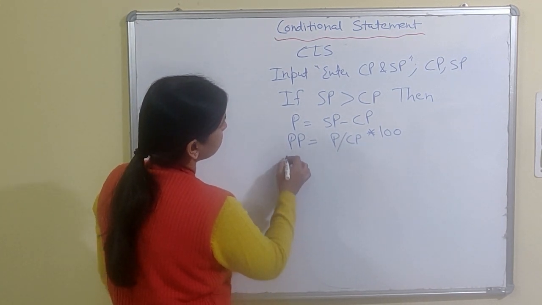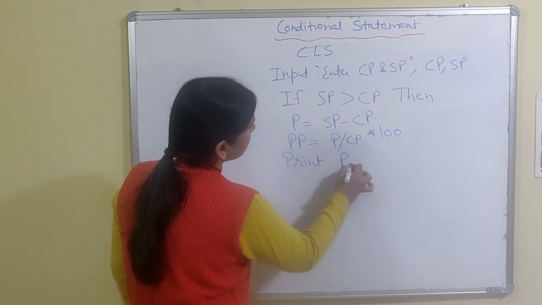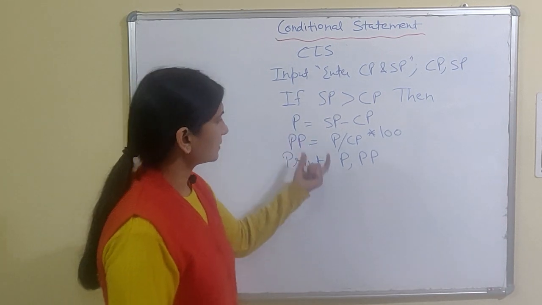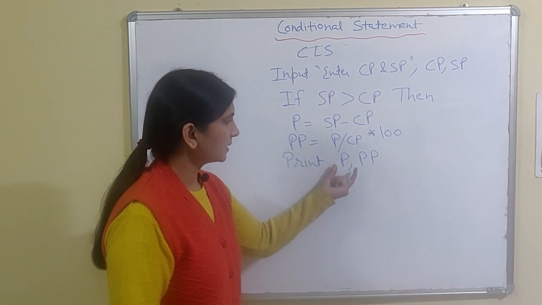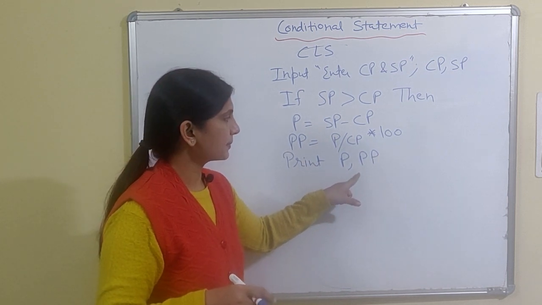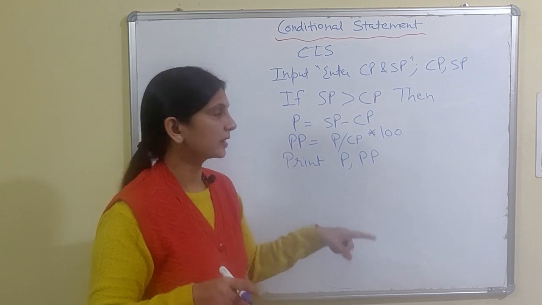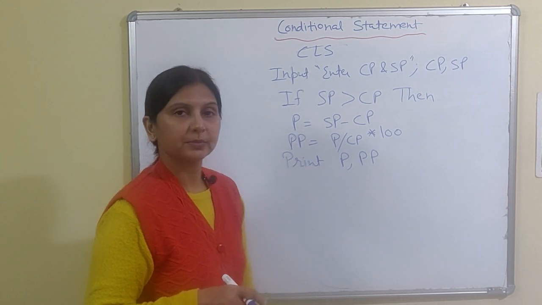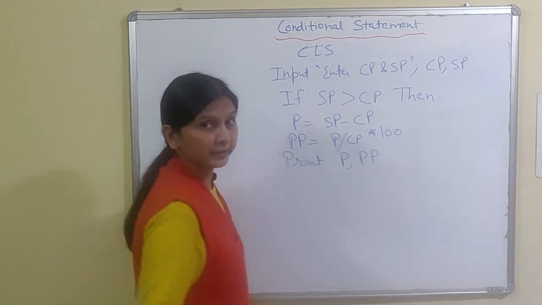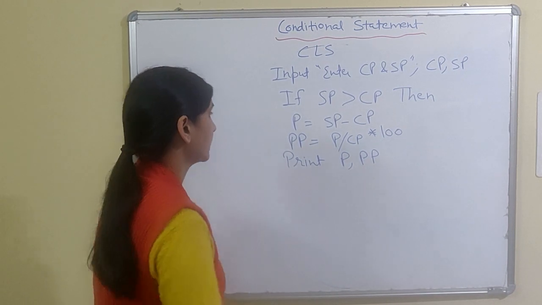Then print P and PP, or separately you can display print profit equals to within inverted comma semicolon P. Again print profit percent within inverted comma then semicolon PP. There is no space, that's why I am writing in short. Fine. Print P comma PP. Fine. Now